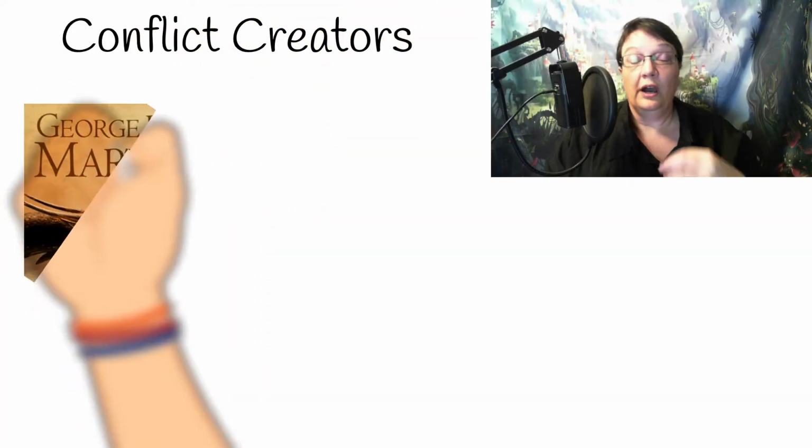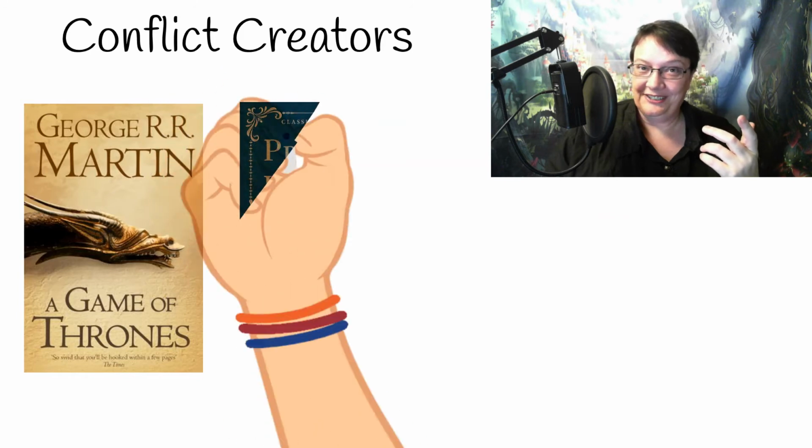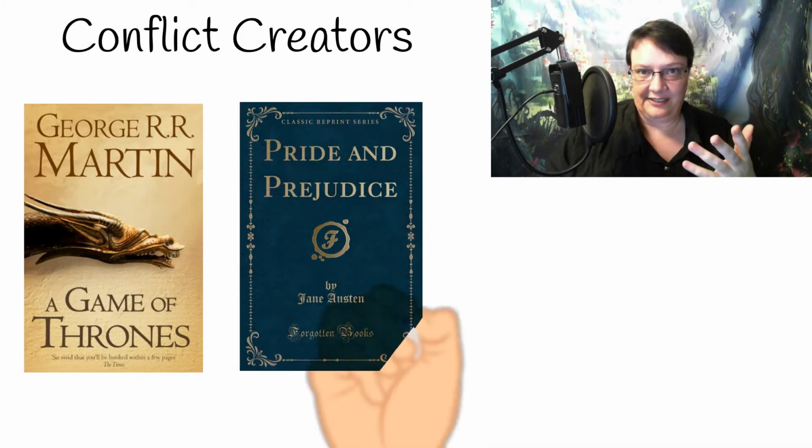It's like the others in Game of Thrones. I don't understand them as a villain beyond they are an external evil force. And as such, everybody needs to oppose them. The fact that everybody in Game of Thrones doesn't oppose them brings me to the second kind of antagonist, the conflict creator or opposing forces characters. In Pride and Prejudice, Mr. Darcy is this kind of character.